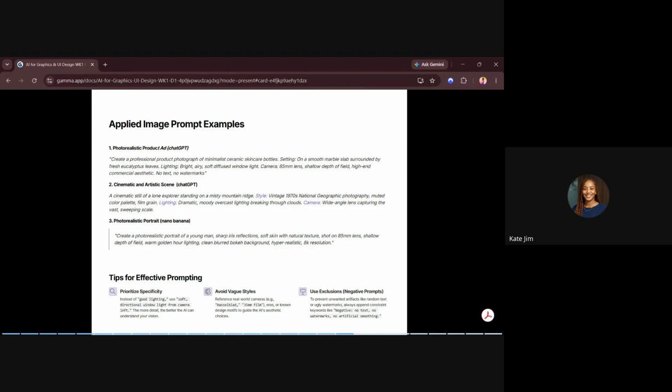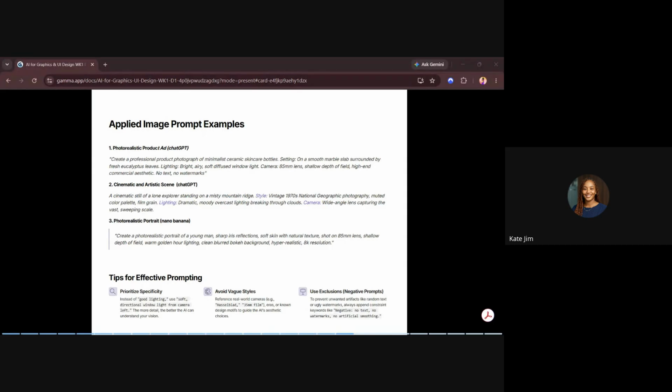So what are some tips to get effective prompting? Prioritize specificity, just like Mr. Osman said earlier. Instead of good lighting, use soft directional. Sometimes it will feel like you are talking to a child. Just do it. It will give you specific results. Avoid vague styles. Don't say just camera.